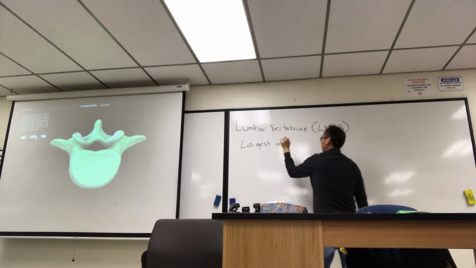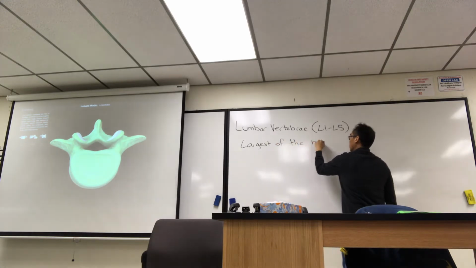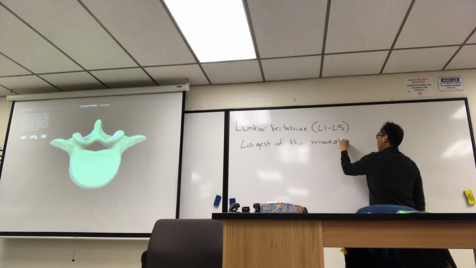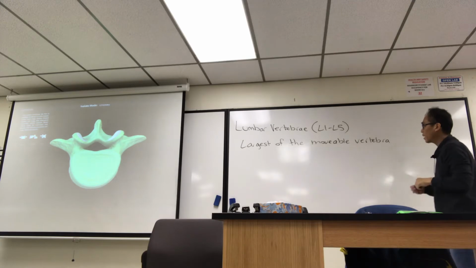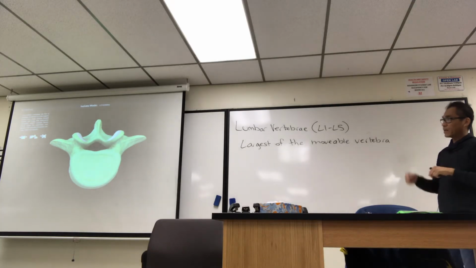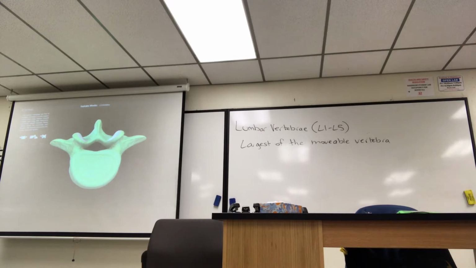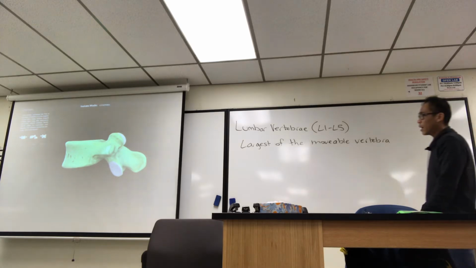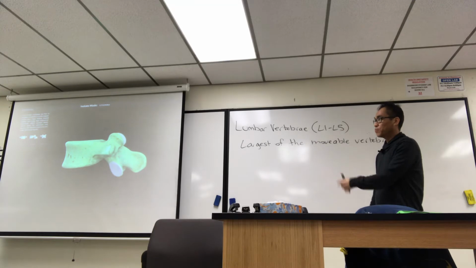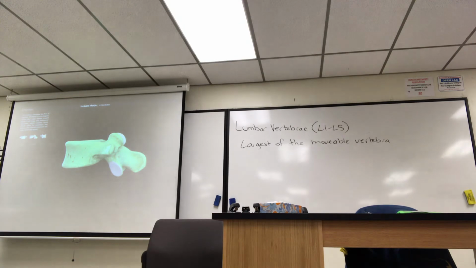So the lumbar vertebrae are the largest of the movable vertebra. And they have these massive bodies. And if you look at them from the side, their spinous processes don't point down like the thoracic ones, and they aren't bifid. So they just kind of look like that. And also if you look at their vertebral foramen,